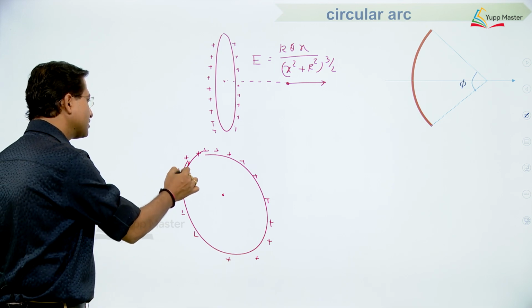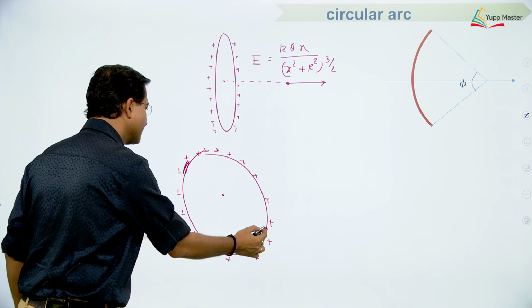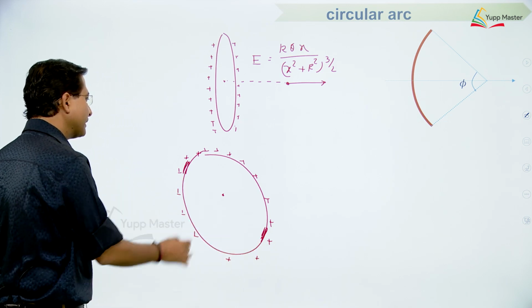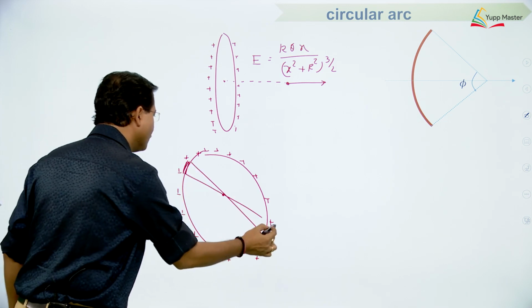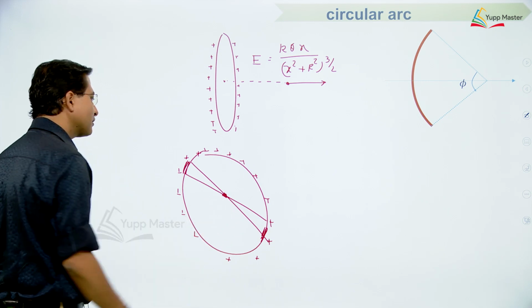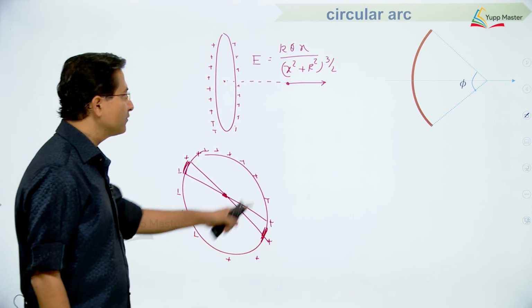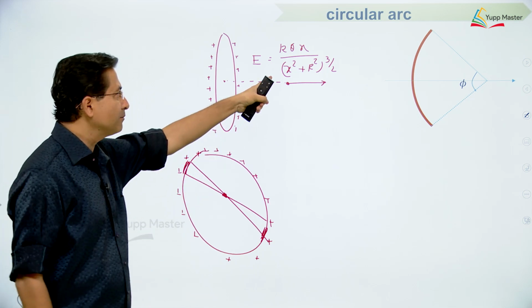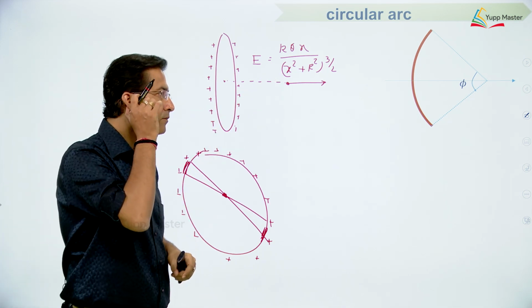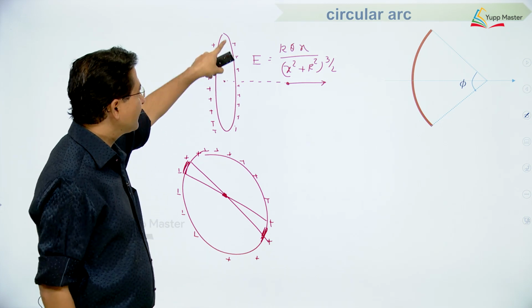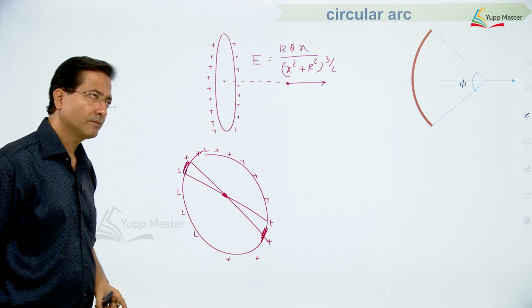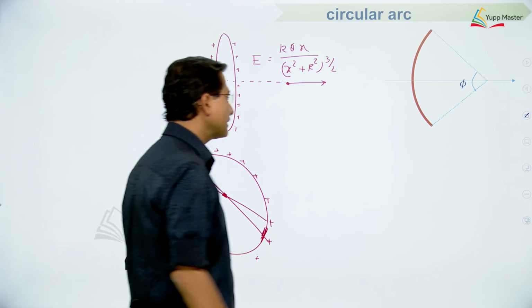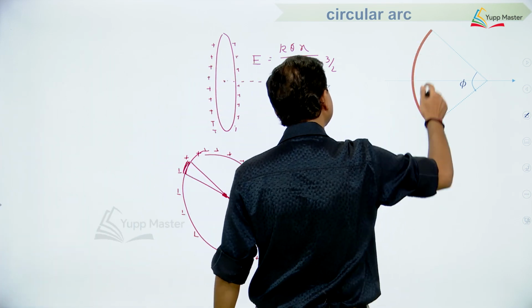Every element which is diametrically opposite, so any pair you take, the diametrically opposite element will cancel the field produced by them at this particular point. That is why we are getting the field at the center of the ring as 0, right. So, the same formula can be used to calculate the field at the center. What if I take a part of this ring? An arc. In this situation I have taken the arc, right.